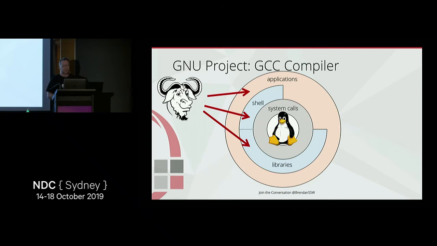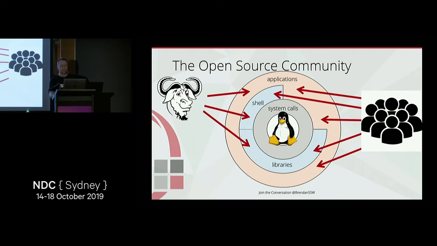Well, when Linux was created, it wasn't created in a vacuum. There was this other free software kicking around that had been built for Unix that they could just compile in. That was the GNU project. So this has things like the GCC compiler, which is what you use to build software. Without a compiler, you can't build anything. And loads of shell tools, libraries, and applications. So this whole chain, basically it's the GNU project that actually makes it an operating system on top of the Linux kernel. And then finally, at the very top, you've got the teeming hordes of the open source community,